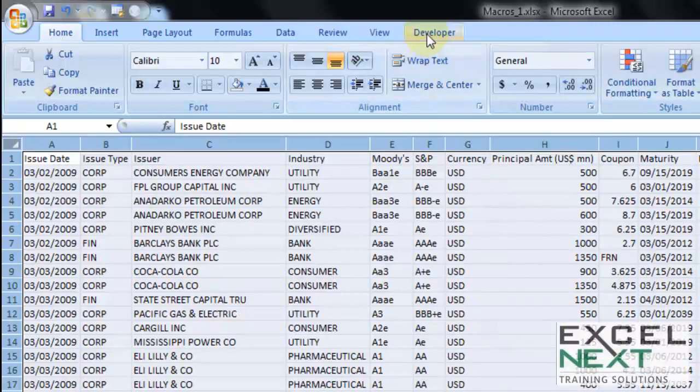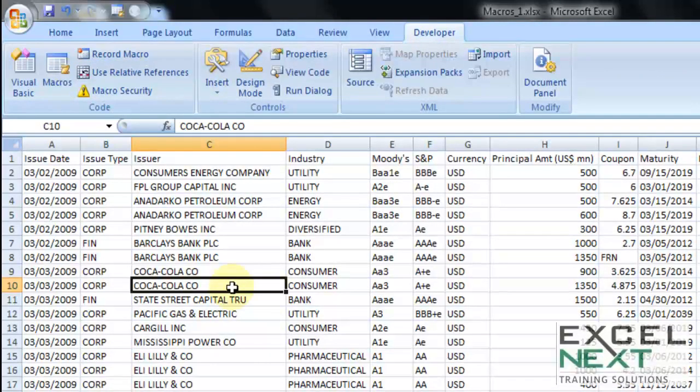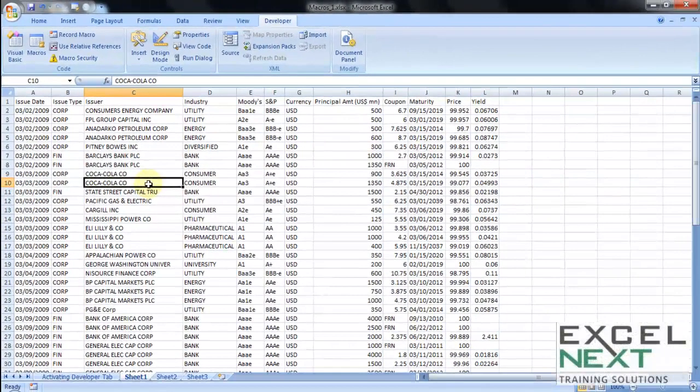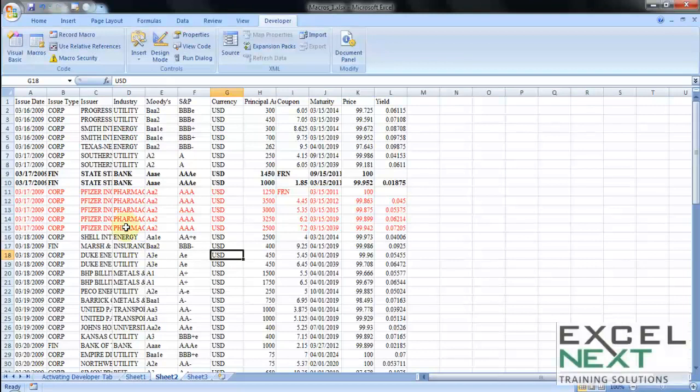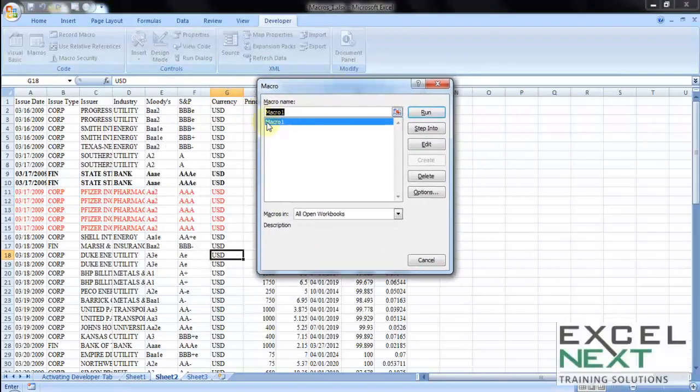Once these steps are done, let me go to developer and say stop recording. Now we will see, once I have explained this to Excel and asked it to record it, I can replicate the same series of steps in a single click of a button. Let me go to sheet 2. Something similar exists. So what do I do right now? Let me go to developer tab, in which my selection already exists. Let me go to the macros button, from where I can access and view all the macros that I've recorded in this particular file or any file that is open in the background. Let me click on macros. So it says the macro one that we recorded is available for running. So if I press run, let's see what happens.